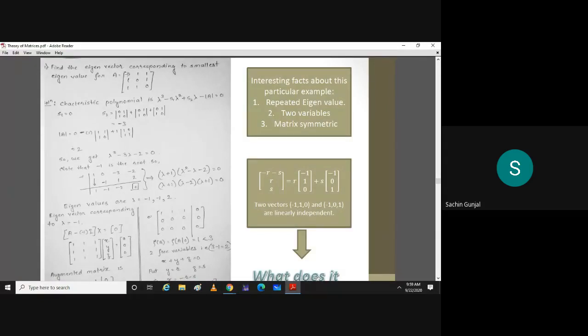So what is the minor of this 0? Tell me. Minor of this 0 is 0, 1, 1, 0. Plus, what is the minor of this 0? 0, 1, 1, 0 again. And what is the minor of this last 0? 0, 1, 1, 0. Okay. So if you find the determinants and add them, you will get minus 3. All right. And the complete determinant is 2.